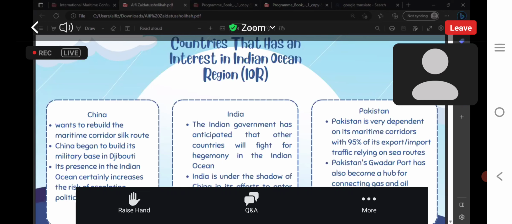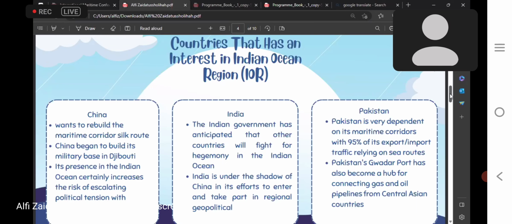Its proximity between the west coast and the Gulf allows Pakistan to gain the most efficient and fast sea access to Central Asian countries that do not have access to the sea, through Gwadar port. With the construction of the Belt and Road Initiative, or BRI, and CPEC projects by China, Pakistan's Gwadar port has also become a hub for connecting gas and oil pipelines from Central Asian countries to warm waters through Afghanistan. So if China's CPEC and BRI projects can take place optimally, then it is not impossible that Pakistan will grow into a new maritime power in the region that deserves to be reckoned with.